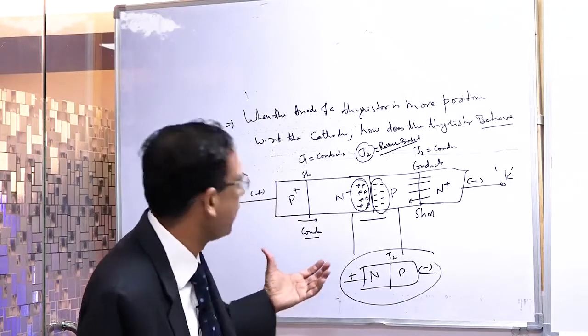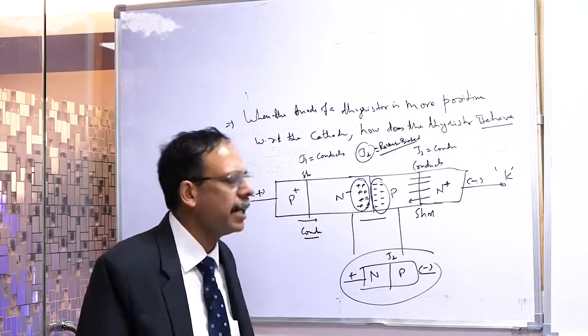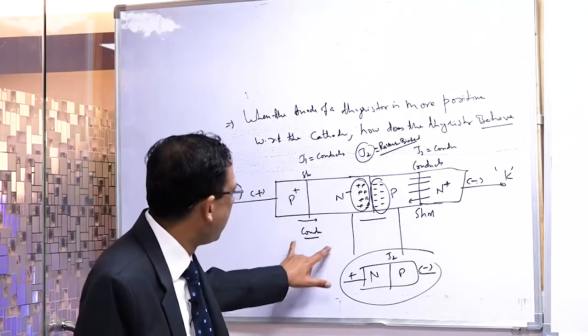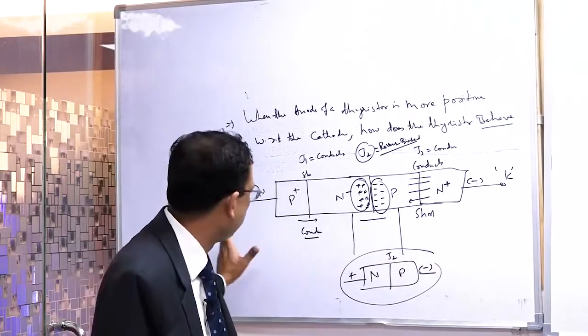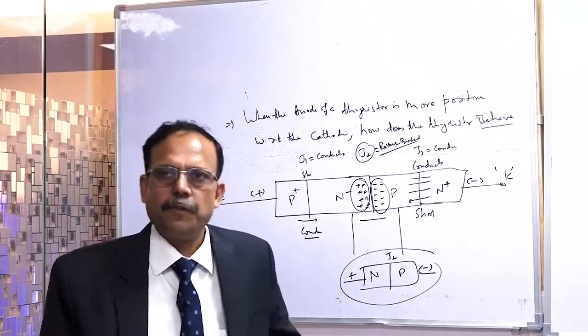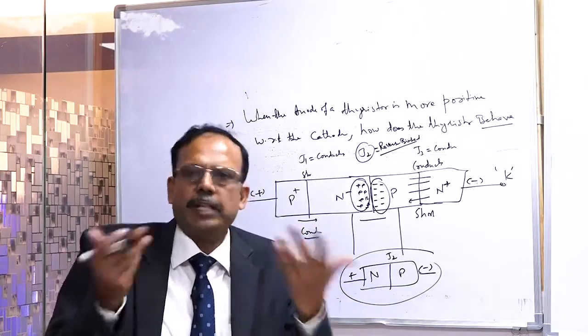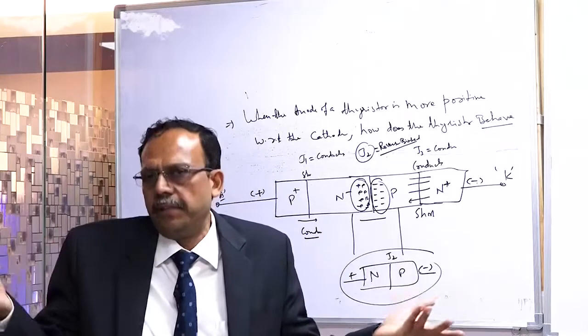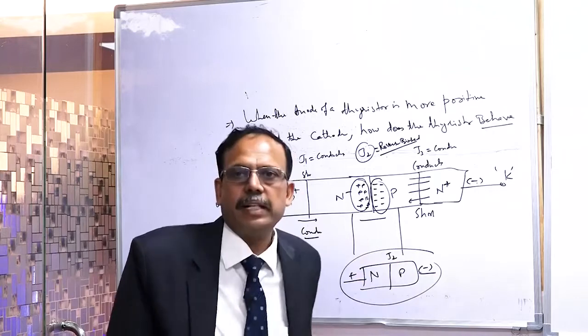And this is the fundamental understanding of what happens when forward voltage is applied, and whether the thyristor will conduct. This is forward bias, conducting. This is forward bias, conducting, shorted. This is reverse. When the positive voltage is applied, whether it will conduct, yes or no. When forward voltage is applied across a thyristor, is it going to conduct? In reverse, you told me it will not conduct because the two diodes were reverse biased. In the forward condition, will the thyristor conduct or not?